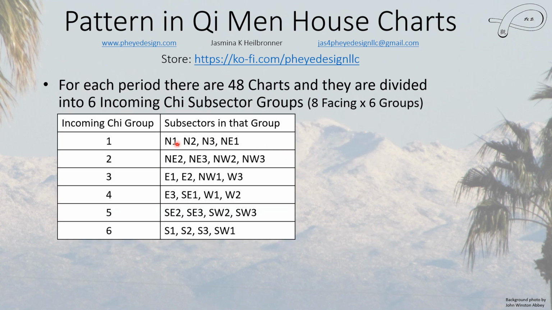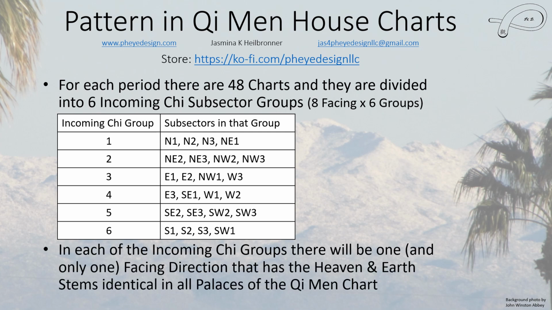So these are the different sectors, 1 through 6. This is basically starting in the north and moving up to the south in groups. I've already talked about this before. You'll see this in various places. Now, each one of these incoming chi groups